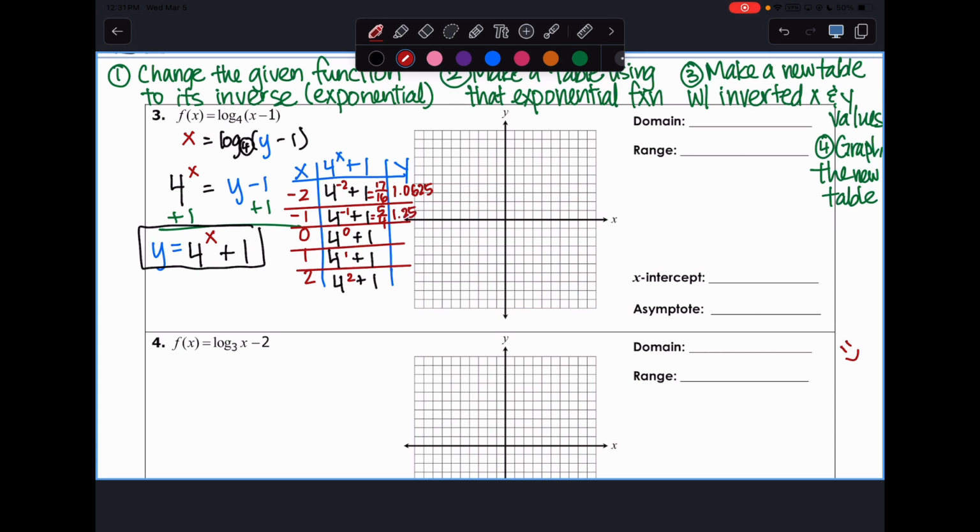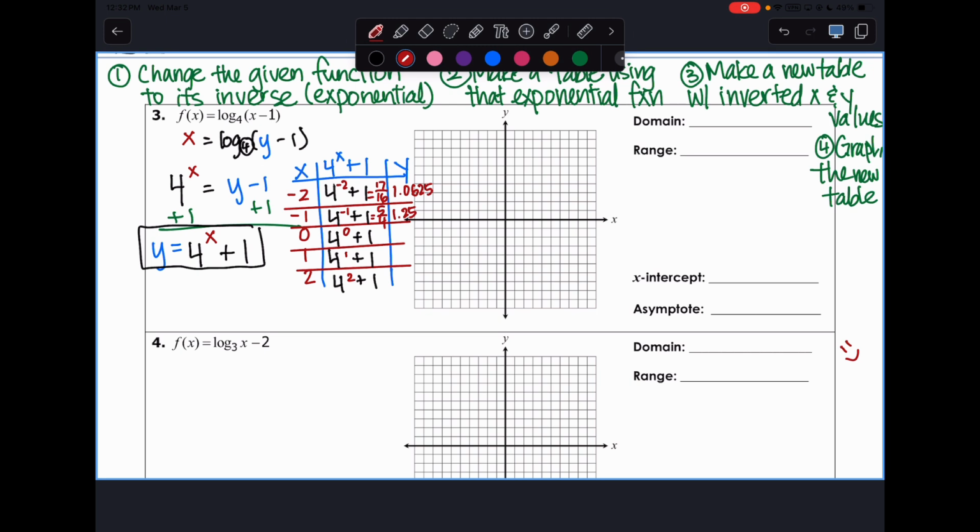Okay. 4 to the 0 power. What's up? Oh, yeah. I just want you to track the work so that when you're putting it into your calculator, you're not making any mistakes somewhere. Like dropping a negative might be a problem, or changing the negative to a minus sign might be a problem. So if you want to track those things, it's easier if you write it out. But it is not required. It's not required for you to show me all this work. But if I show the work, you're setting yourself up to succeed by setting up the work on your paper. Okay? So 4 to the 0 power is